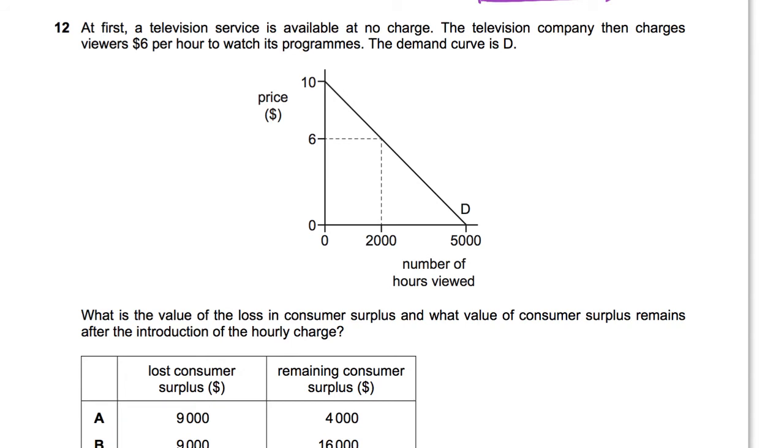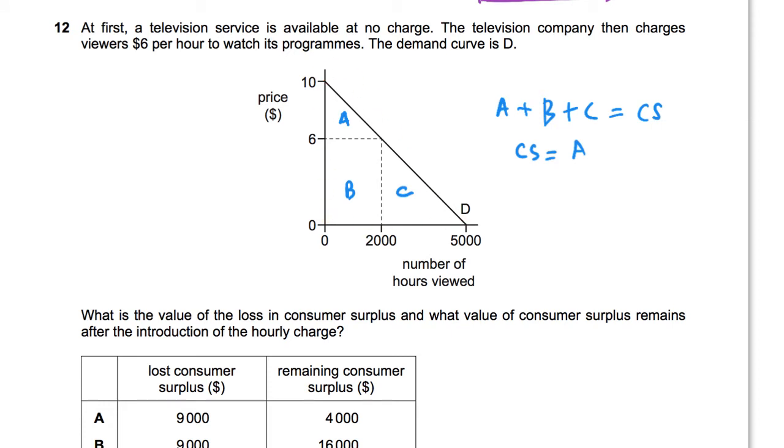So basically the idea is this, that before, the consumer surplus would be the area under the demand curve above the price. The price was zero when there was no price. The consumer surplus would be this area A plus this area B and C. So all the area under the triangle would be consumer surplus before. After the $6 price, the consumer surplus will be only area A. Why? Because the market price is $6. The area under the demand curve above the market price would be this area A. So let's find out the total consumer surplus first. Total consumer surplus will be this triangle area.